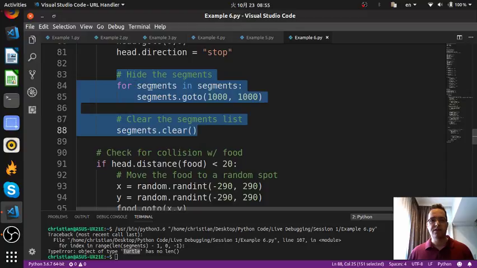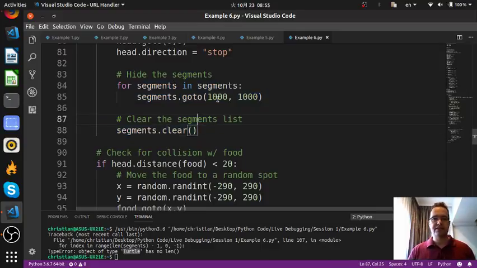Okay, for segments in segments. So that's for the list in the list, which doesn't make any sense. So this should be singular. This is something I always tell my students: if you're making a list, make it plural. And then that way when you iterate through the list item by item, you make this singular. I know not everybody's first language is English, of course, so we want each individual segment